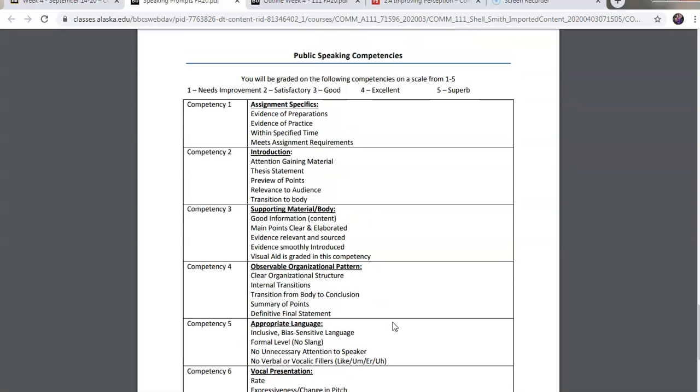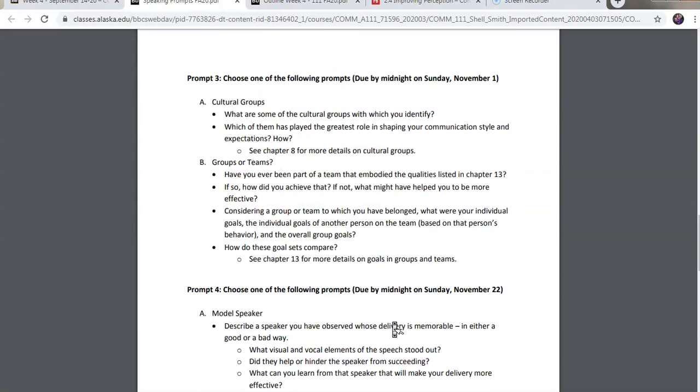This is something that we will go into more in depth when we get to the final speech for the class, but I am introducing it now, and I will give you notes and feedback based on these competencies because this is what you will be graded on in the final speech, and I want you to become familiar with it. So again, I'm not expecting you to know what these things mean. We have not gone over this yet, and that will happen later in the semester. So it's not something that you should be an expert on yet. It's just something that we are going to be practicing throughout the semester.